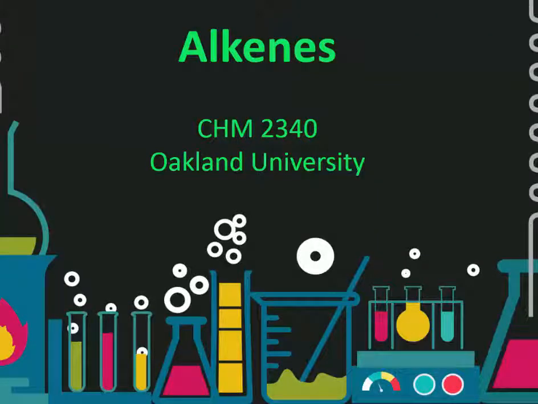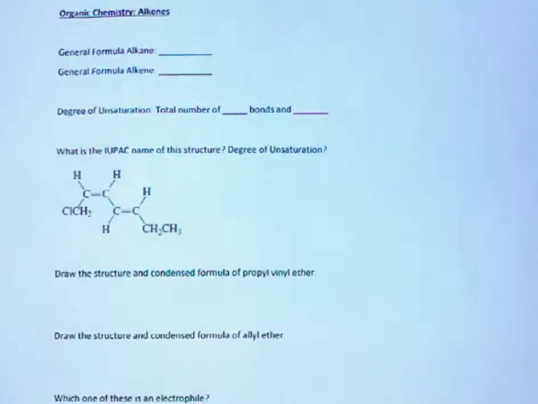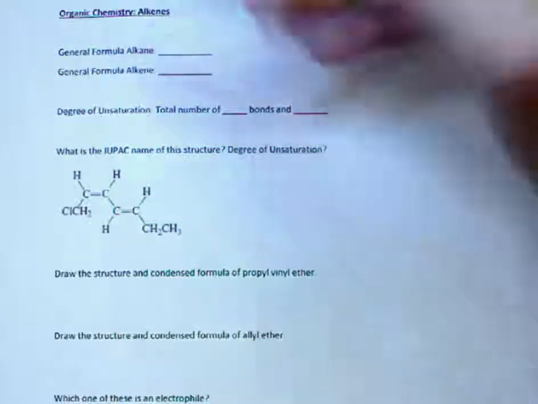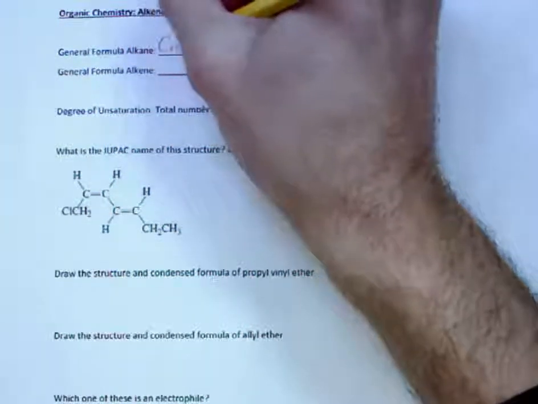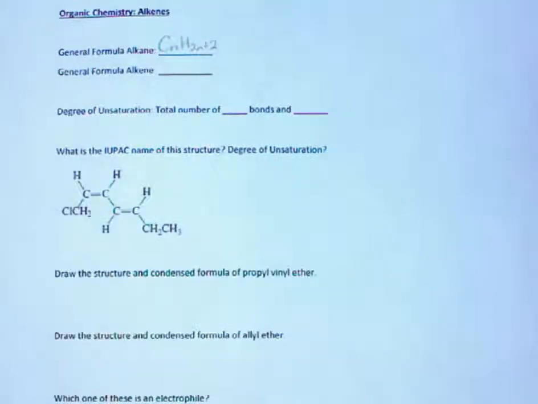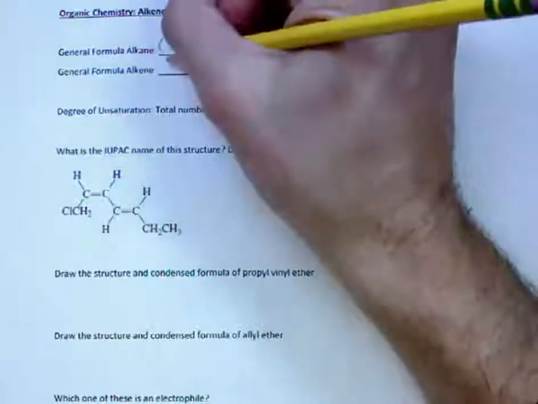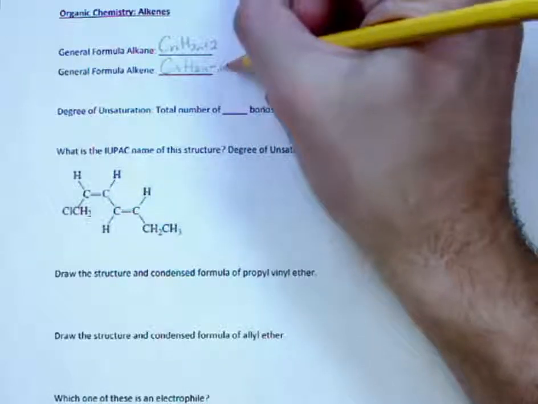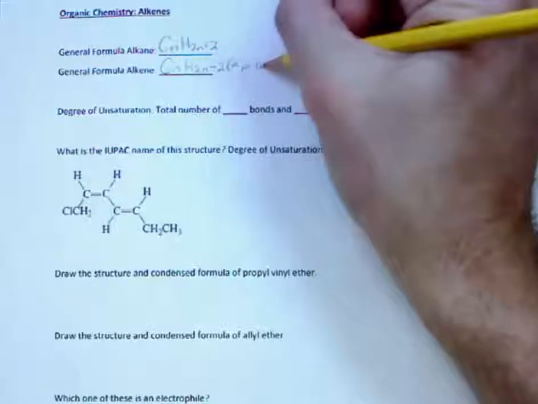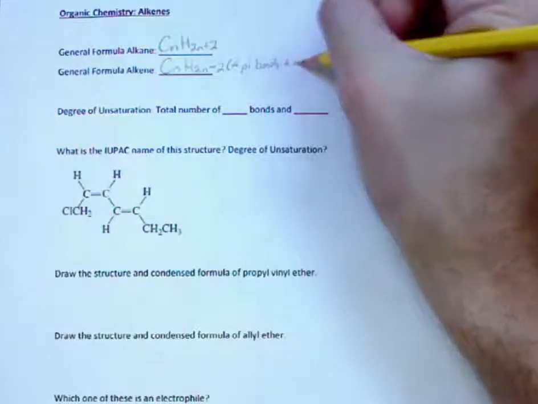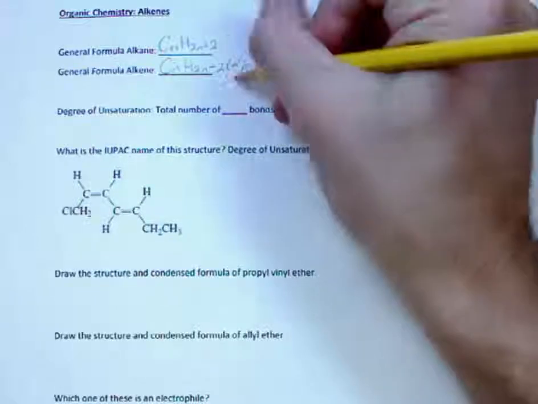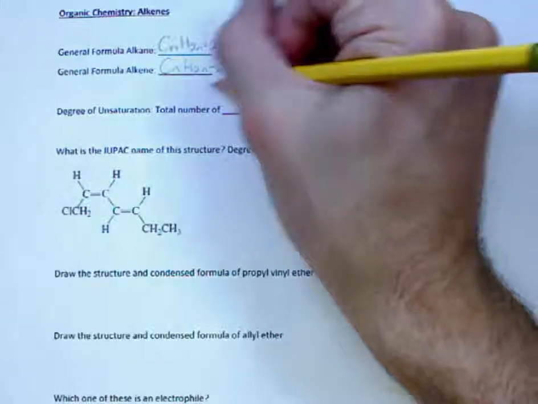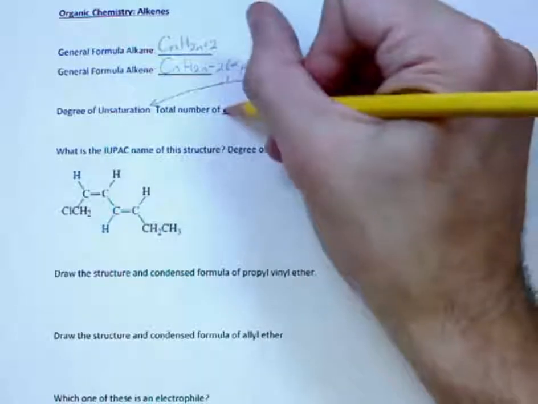In this video, we will be talking about alkenes. To start, the general formula of an alkane is CnH2n plus 2. Now the general formula of an alkene is CnH2n minus 2 times the number of pi bonds and the number of rings. And this right here is called the degree of unsaturation, which is the total number of pi bonds and rings